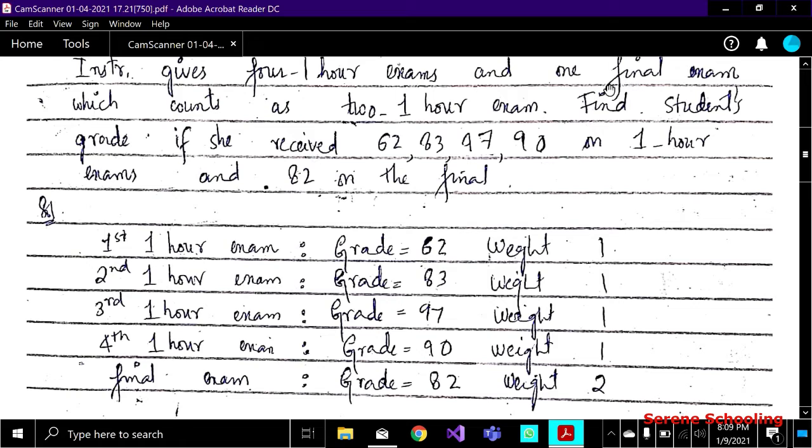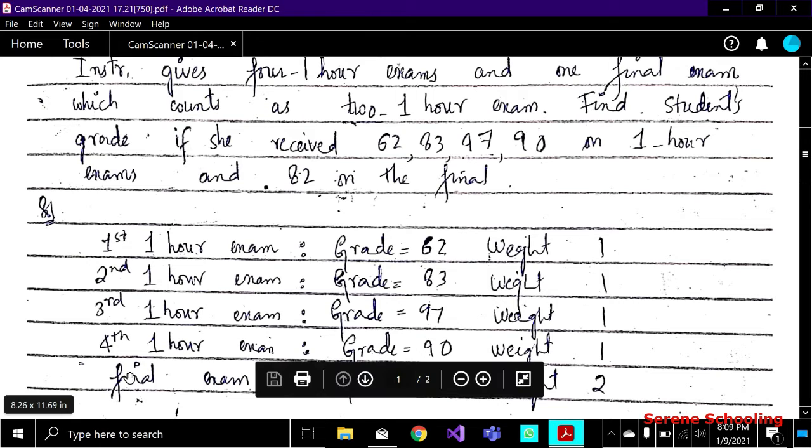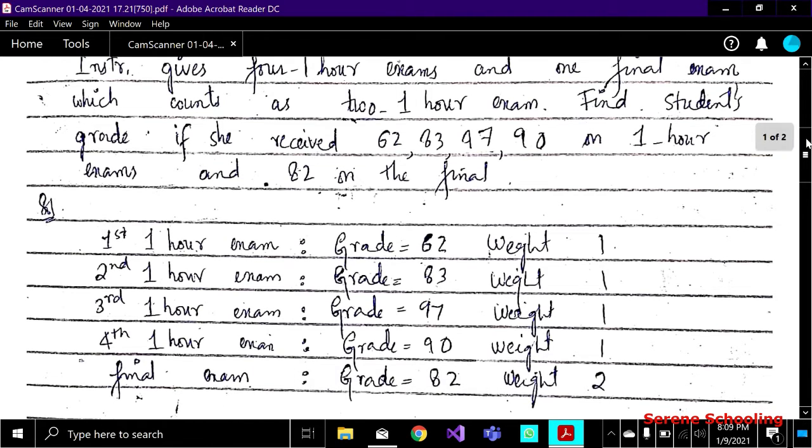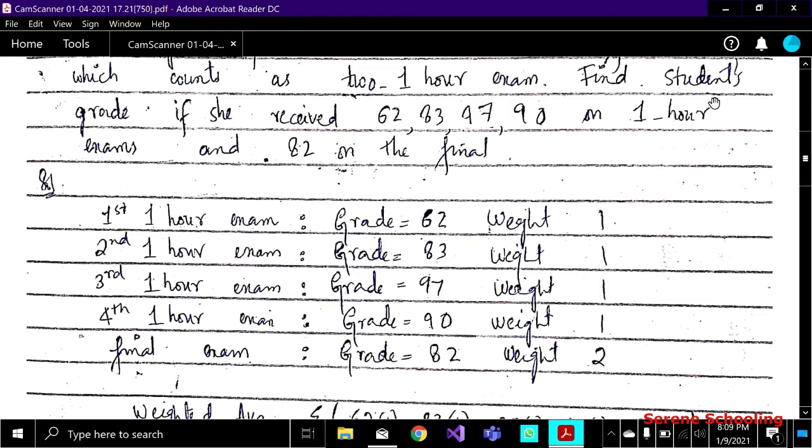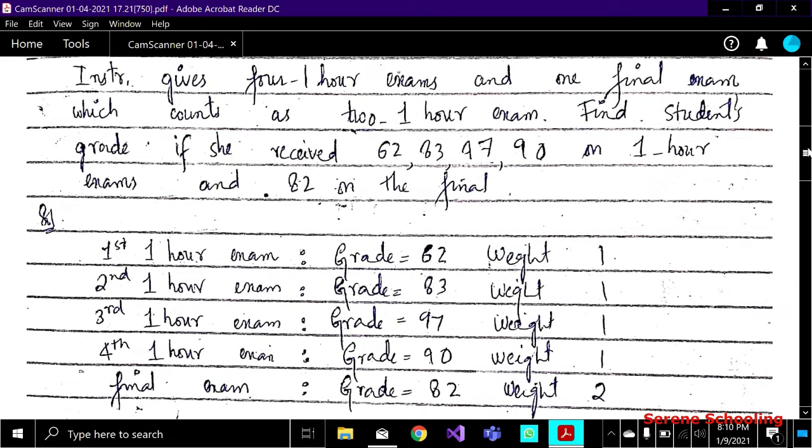There is only one final exam. Here we have 4 1-hour exams, here we have one final exam. And now we have to mention the scores as they are. See here, one final exam which counts as 2 1-hour exams,